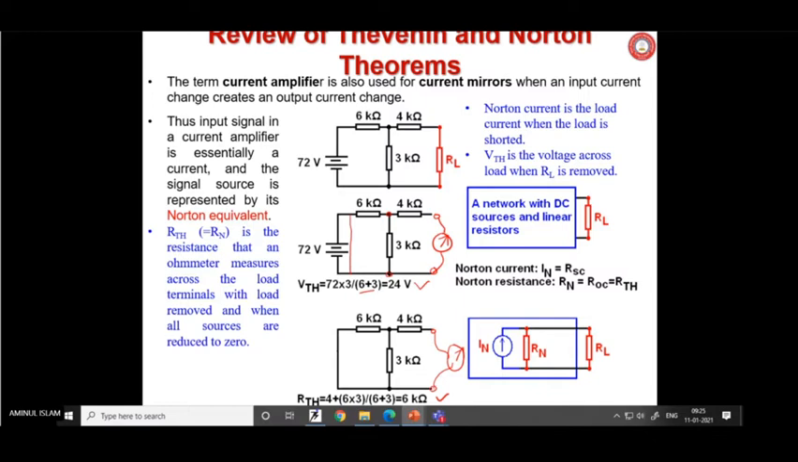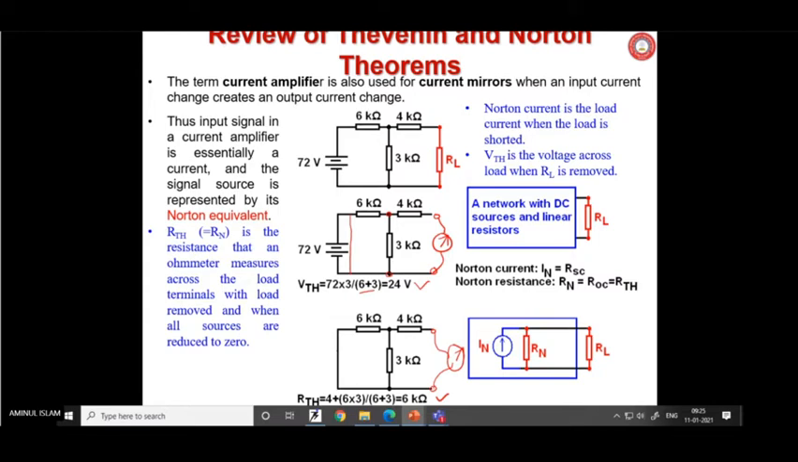VTH goes in series with RTH. There is a voltage VTH. So this way, the big network will be simplified in this way. In this case, it is in series. In this case, the current is in parallel. Going further and skipping all those things,